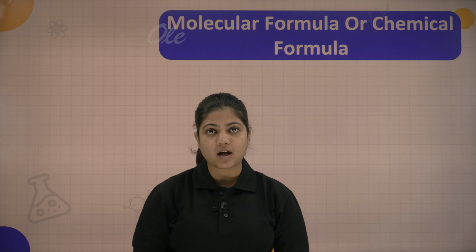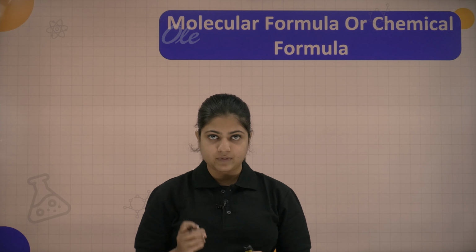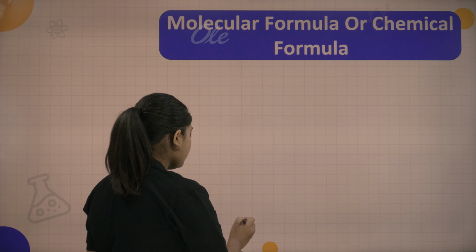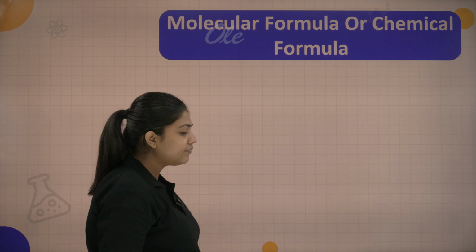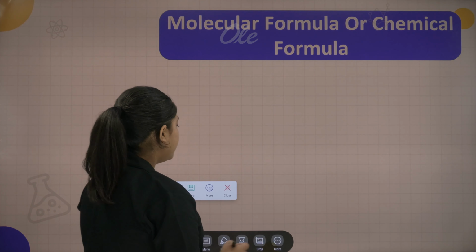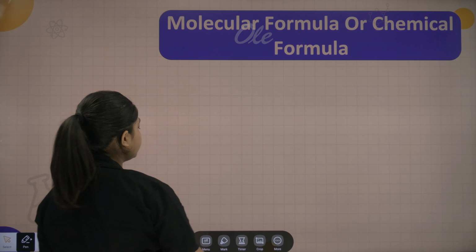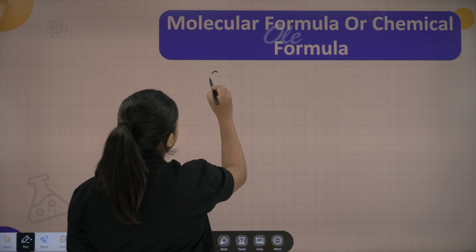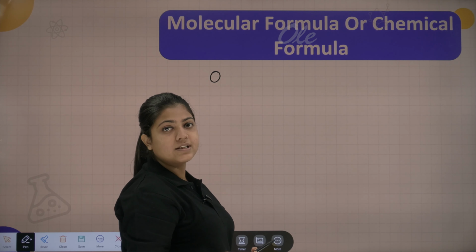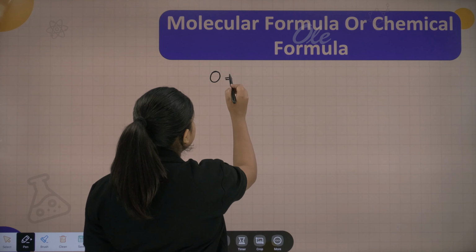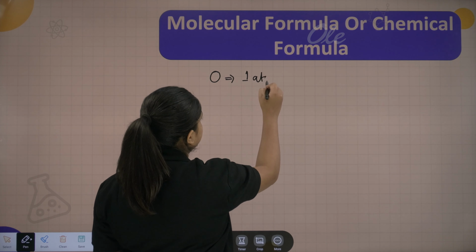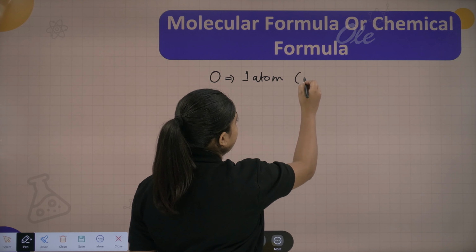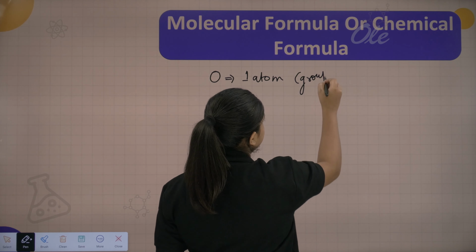We have studied about the atoms here. Now let me give you a brief description about the formula and the molecules also. See, if I talk about atoms, an atom is usually written as a symbol. For example, if I am talking about oxygen, then if I write O, which is obviously the symbol of oxygen, that is equal to one atom, right? And if I talk about a group of atoms,